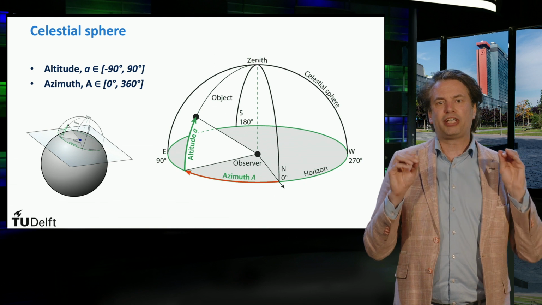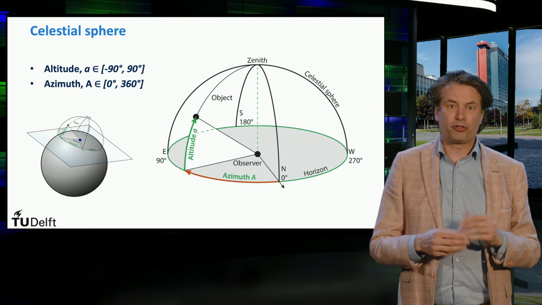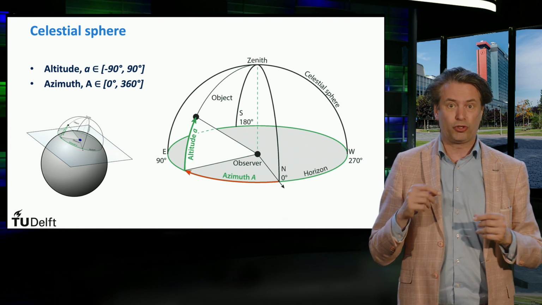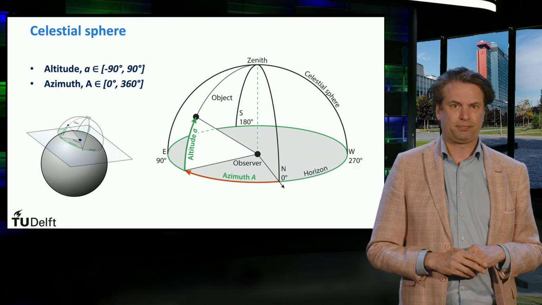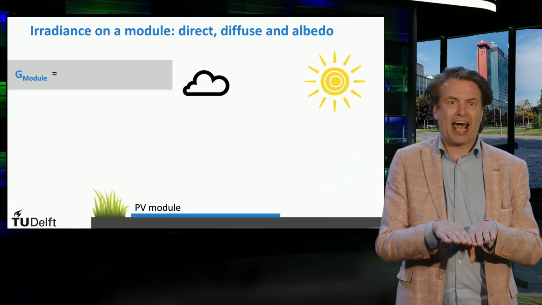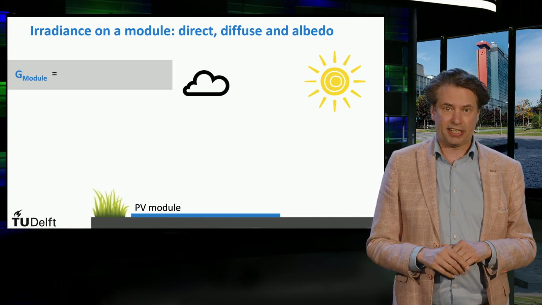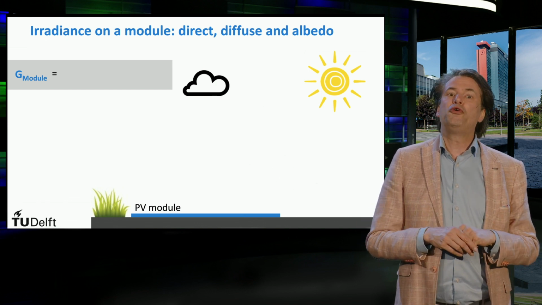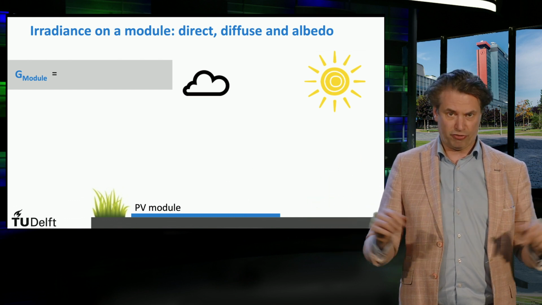These are two sets of coordinates. Azimuth and altitude of the sun with respect to the observer are very important because they are the input parameters to calculate the solar position in the sky at a certain time and date. As mentioned, you could simply place a PV module flat on the ground. In that case, only one component of the global irradiance is enhanced. For a horizontally placed module, the diffuse component is increased because the module can receive light from the entire hemisphere.